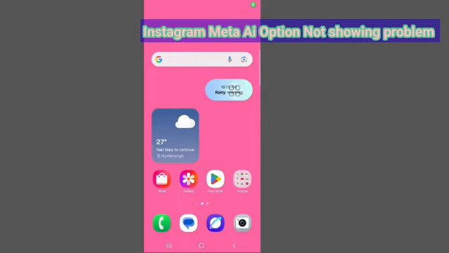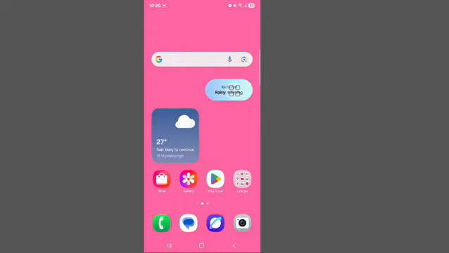Hello everyone, in this video I am going to show you how to fix Instagram Meta AI option not showing